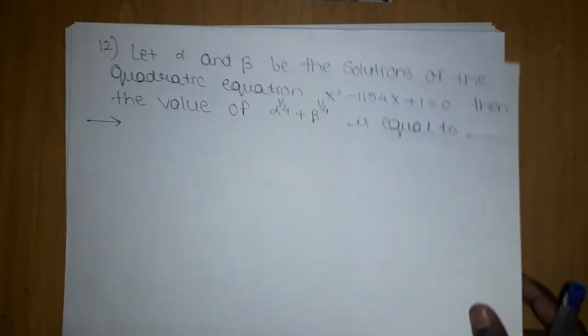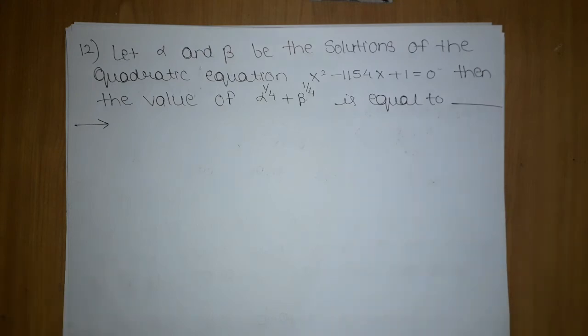The next question, which is the 12th question. The next question says as follows: let alpha and beta be the solutions of the quadratic x square minus 1154 x plus 1 equal to 0. Then the value of alpha raised to 1 by 4 plus beta raised to 1 by 4 is equal to. Now for this we want to find